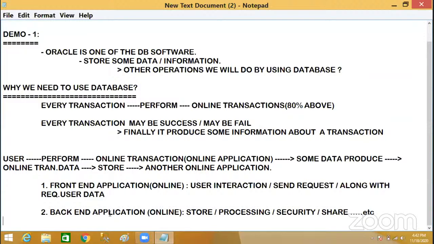Okay, now. Like this, every transaction. Nowadays we are using any number of websites, yes or no? Through IRCTC, there are a number of passengers booking tickets per day. Lakhs of passengers are booking tickets.